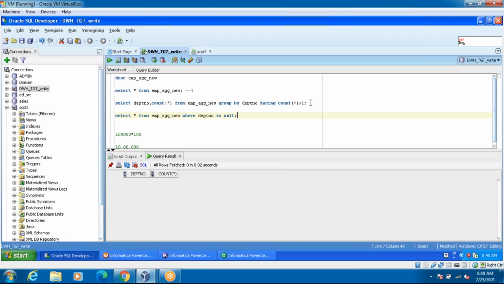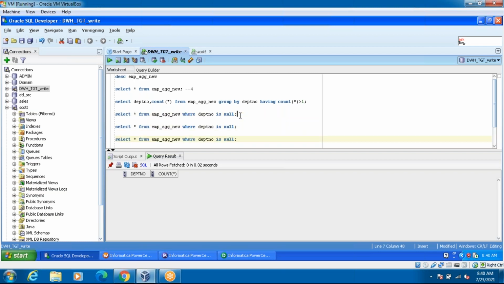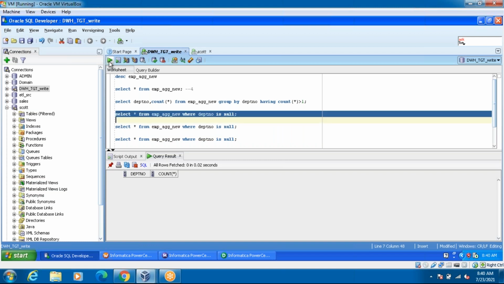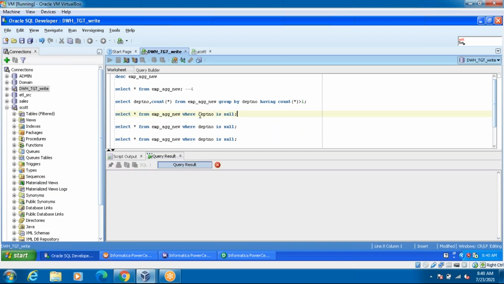This is one query. The first query should not populate any records here. For example, I have taken the business key as the department number, so it's working fine.